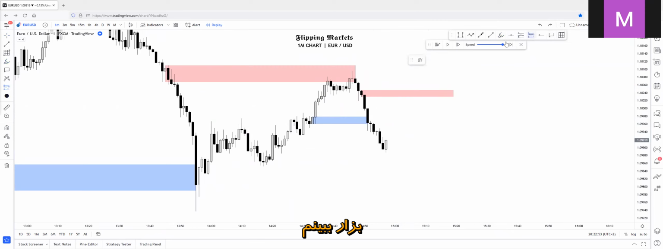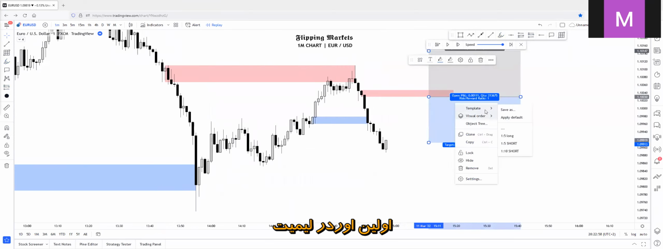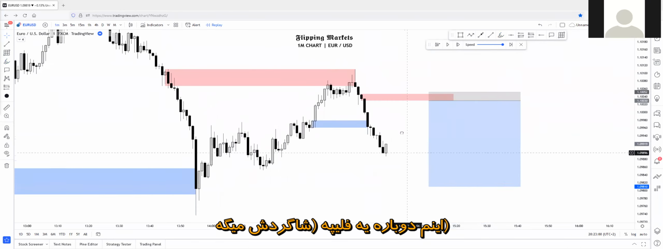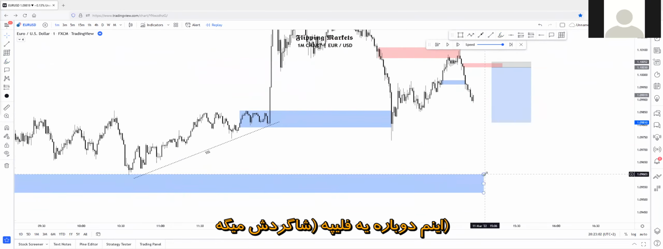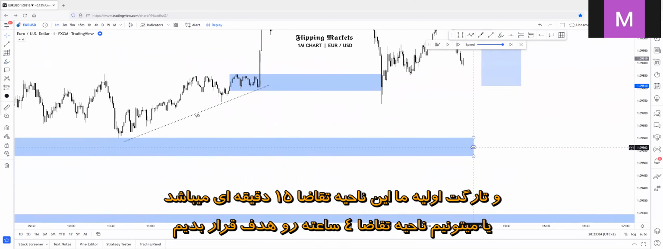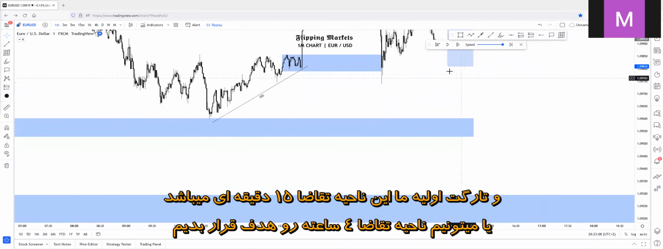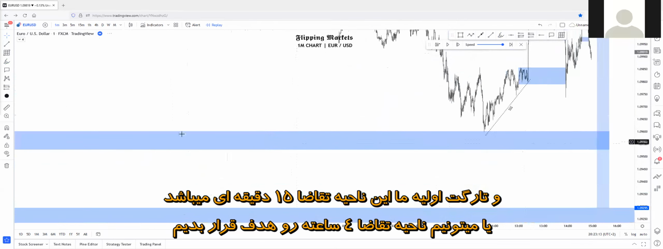Let's just see the first limit order. It's a flip in there too, huh? And our initial target could be this 50-minute demand level, or we could aim for the swing 4-hour demand level, because